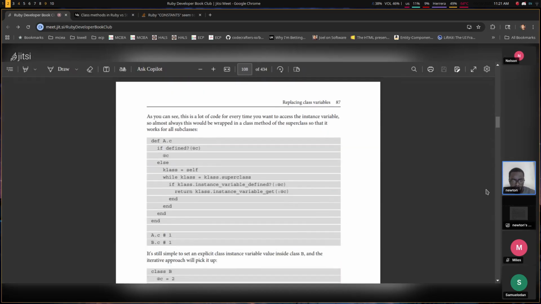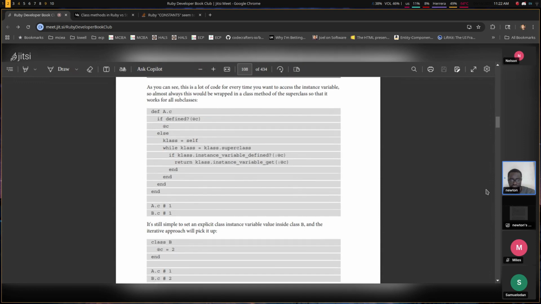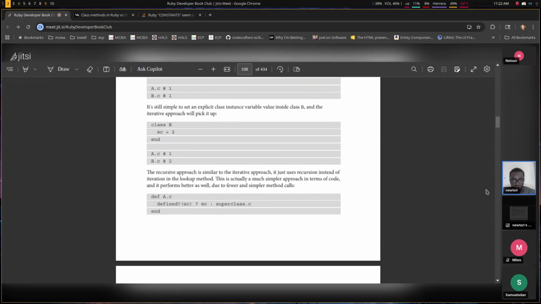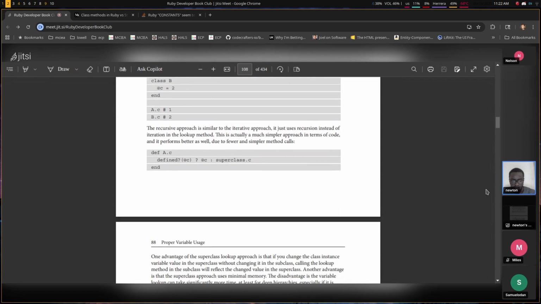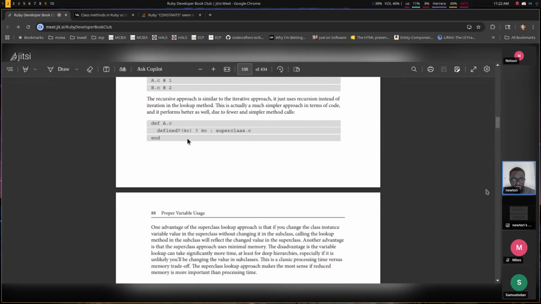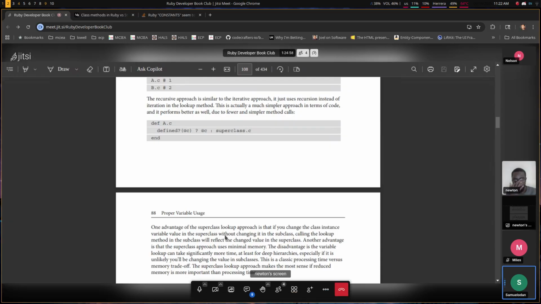Then another approach that you can use is the recursive approach, which you can see here. This code was a bit confusing to me. It seems to use a ternary if statement operator, and yeah, it's confusing to me. I don't see where the recursion happens. It happens on the superclass dot C, if I'm not mistaken. So if it's not defined, yeah,